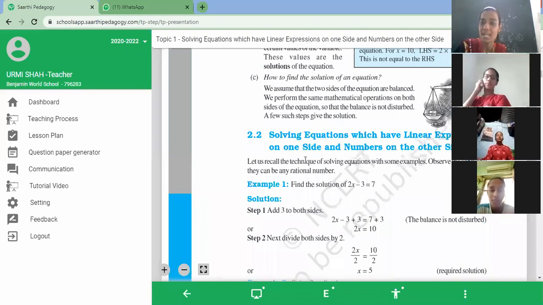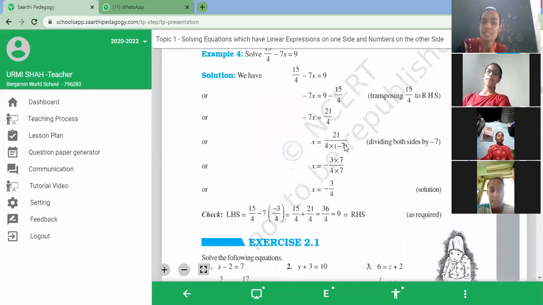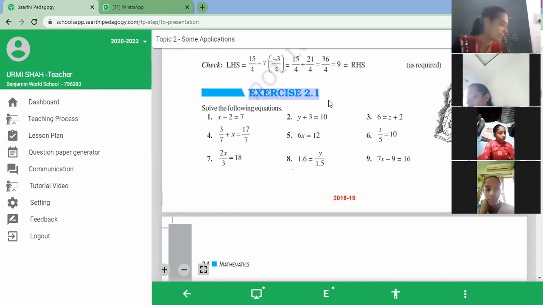We have to compare the LHS and the RHS, and we have to find out the value of the variable. So directly we are going to start exercise 2.1. Now we will solve all the sums from the exercise and from the workbook. Exercise 2.1 in your workbook would be your homework. It is the same as here. 9 sums are there, and in the workbook also 9 sums are there. All the sums are photocopies of this exercise 2.1, only the digits are changed. So you have to solve as we have solved now.